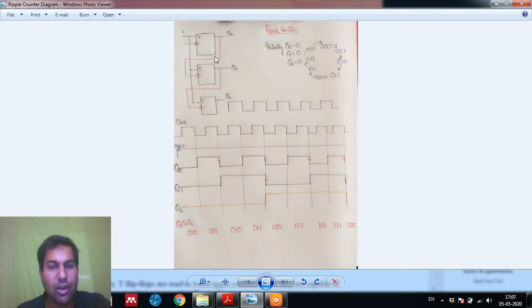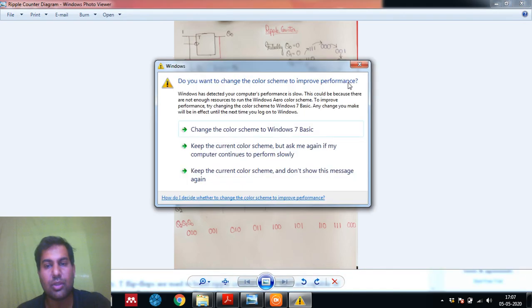As you can see on the screen, the complement of this flip flop can come from here. See my cursor here. You can get this complement of Q0 from here. If you put this Q0 complement here, at the second flip flop's clock input, so in this way you can